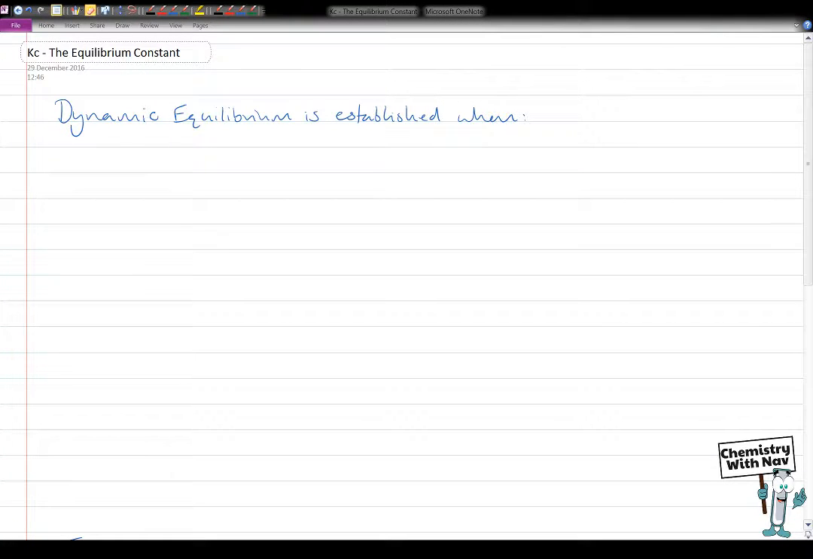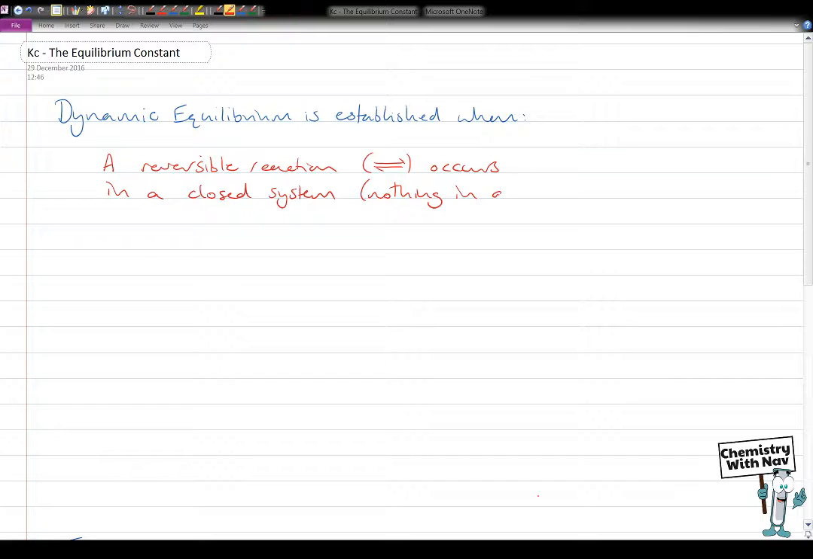In this video we're going to take a look at the equilibrium constant and Kc. So let's start with exactly what a dynamic equilibrium is. Well, a dynamic equilibrium is established when a reversible reaction, so that's anything with one of those signs in the middle of it, occurs in a closed system, which simply means that nothing can come in or out. So it's like putting some gases in a jar and then sealing the top so that nothing can actually enter